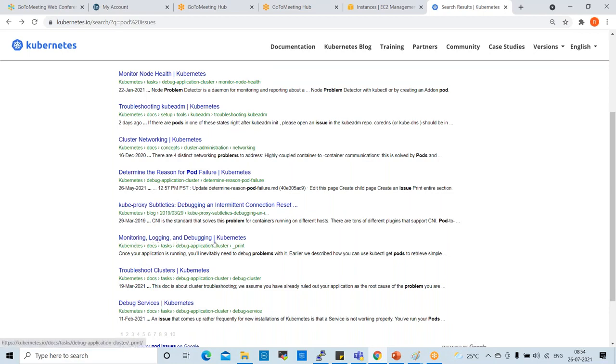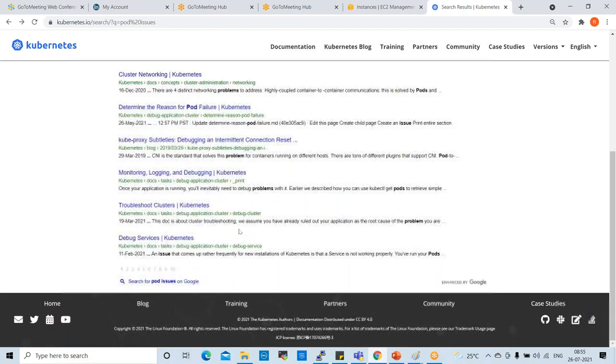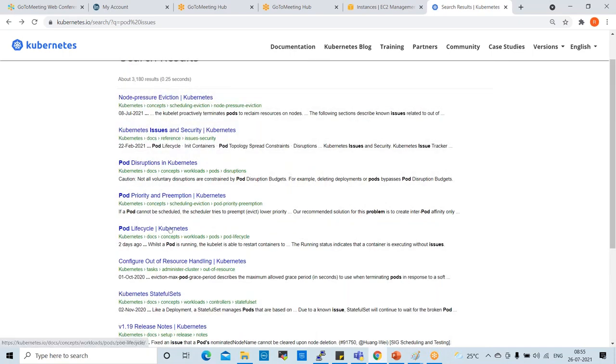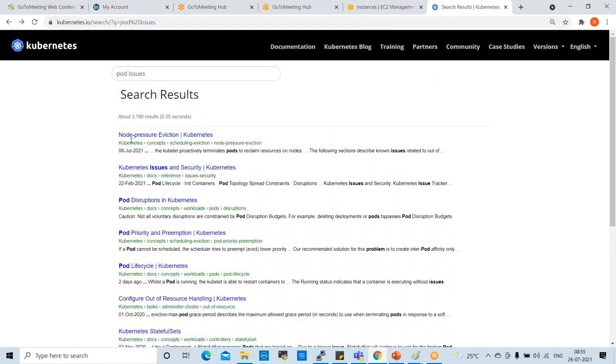So logging and debugging. Kubernetes, troubleshoot clusters. How to troubleshoot clusters? Debug services. Still we have so many pages available here. Second page, pod life cycle. Node pressure, different things are available. Kubernetes issues, security issues.